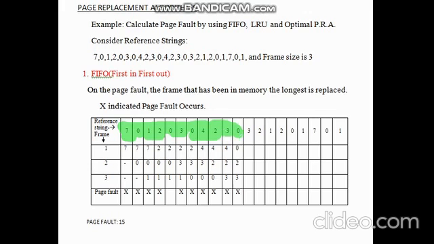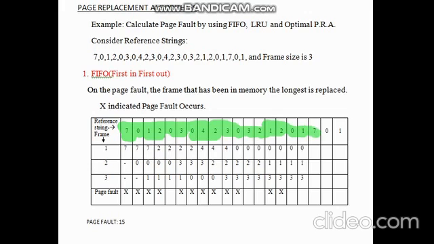Now the CPU demands page number 3, which is already present in main memory. So 3 overlaps on 3, and a page hit will occur. Now the CPU demands page number 2, which is not currently present in main memory. So 2 will overlap on 3 because 3 is first in, so 3 will be swapped out. Now 0 and 1 overlap on 0 and 1 respectively because 0 and 1 are already present in main memory.